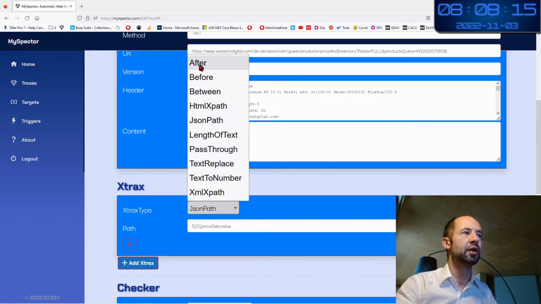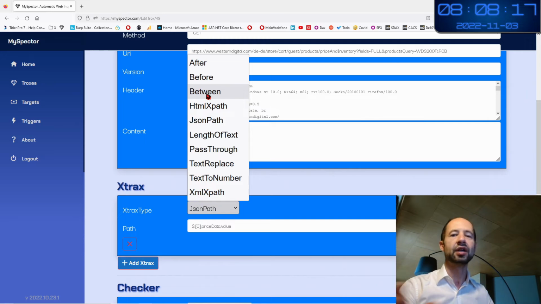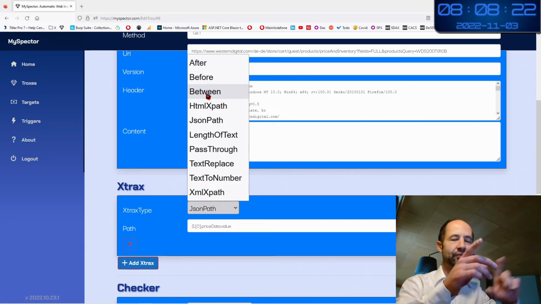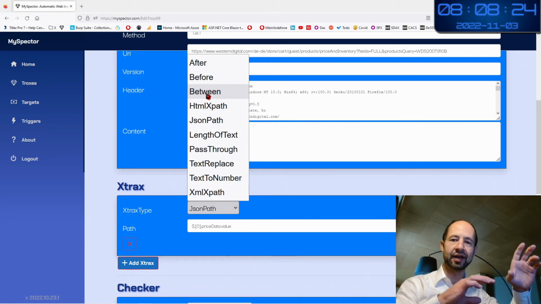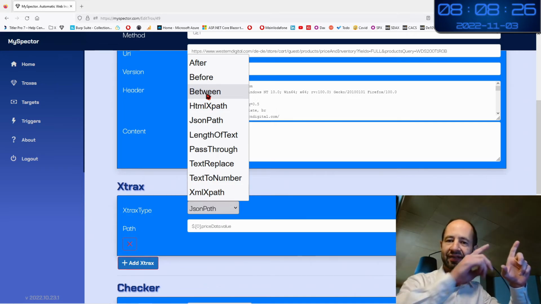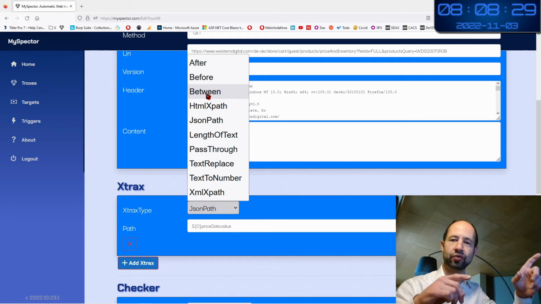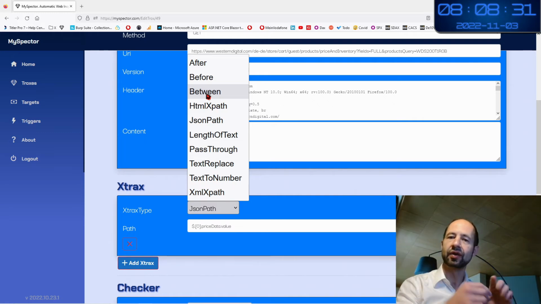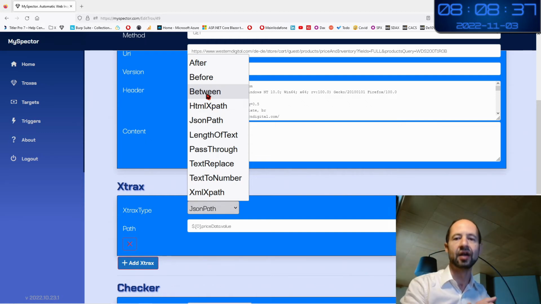Like for example, with the before, after, and between, if you do not have proper data, you can scrape the JavaScript and extract and cascade it with different operators to, for example, isolate a JavaScript array and then transform it into normal JSON text and then put it inside the JSON path extractor module.